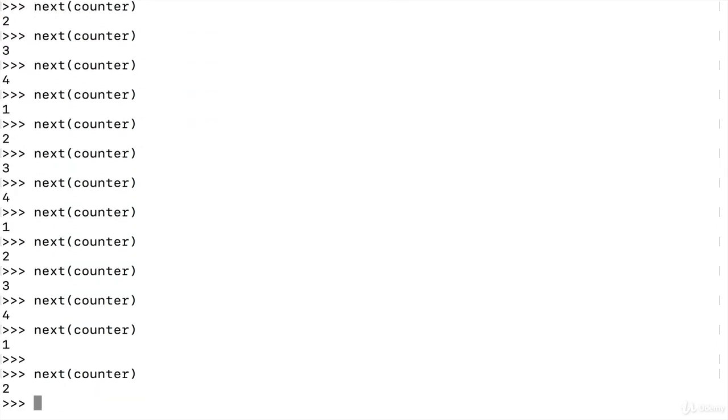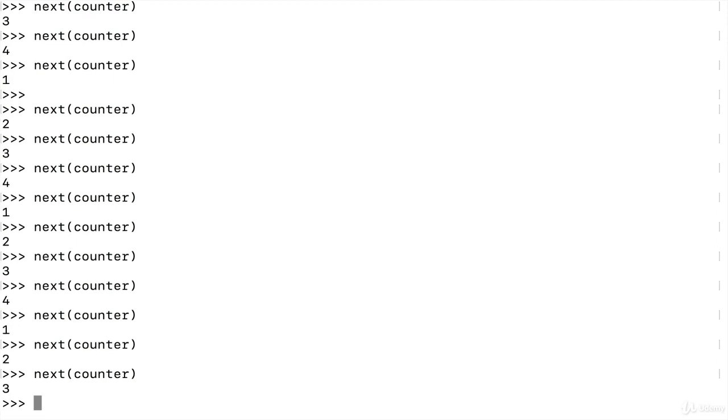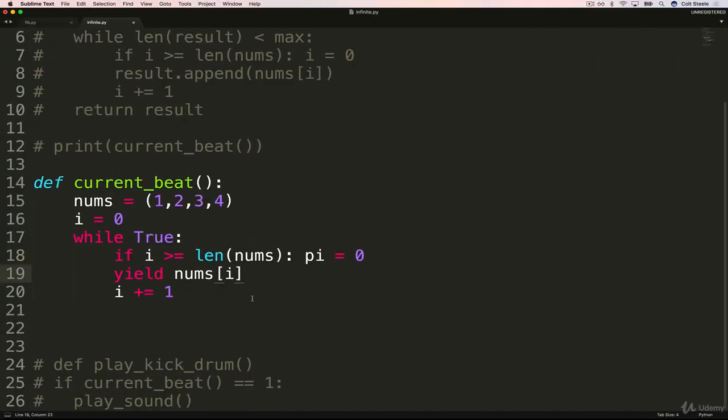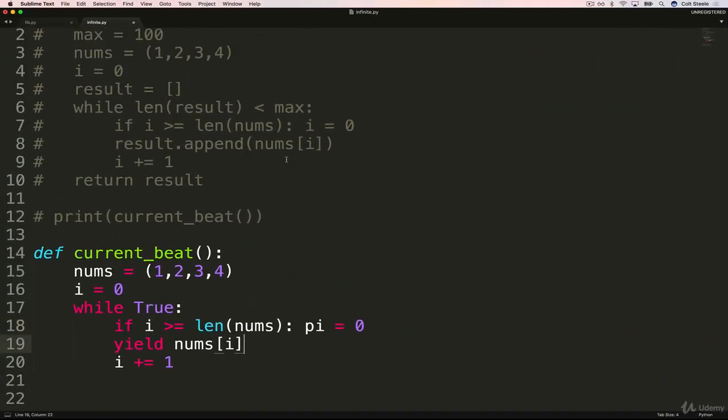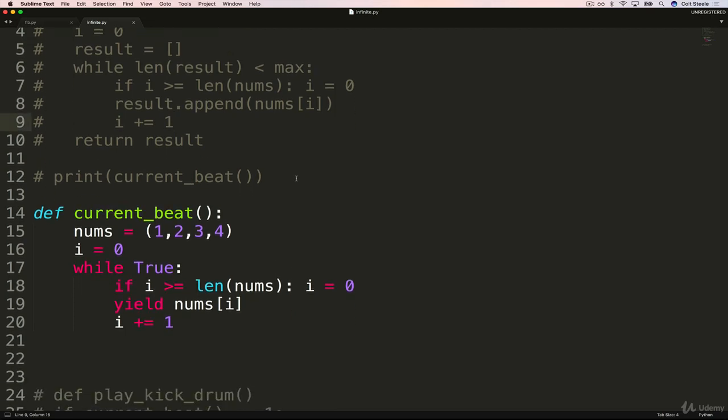So anytime my code, whatever it is, needs the next beat, it can call next on counter, and it will keep going forever. But it still only gives 1 beat at a time, so I don't have this giant list. Again, if I had a million measures, it doesn't matter how many measures I have, because all that I'm really dealing with is 1 number at a time. I think I just added a letter here accidentally. I'm dealing with 1 number at a time rather than 4 million stored in a list. So hopefully that distinction is clear.